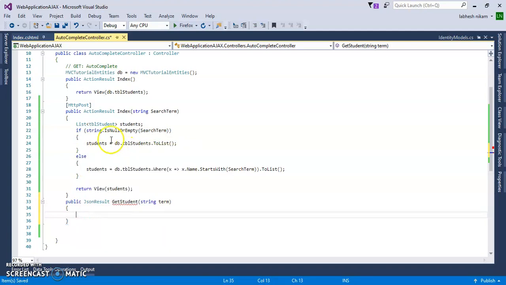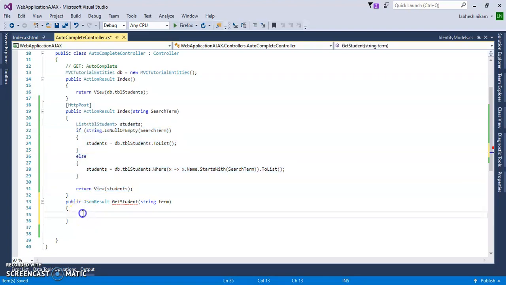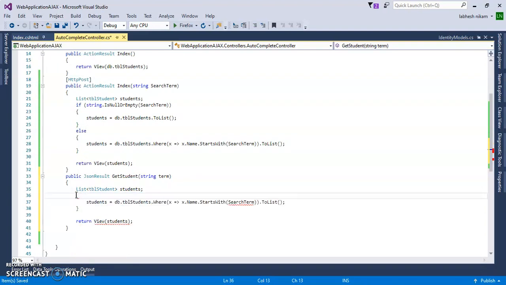You can copy this and paste it here, no problem, same thing. Now remove these things from here, and now db.tbl students.